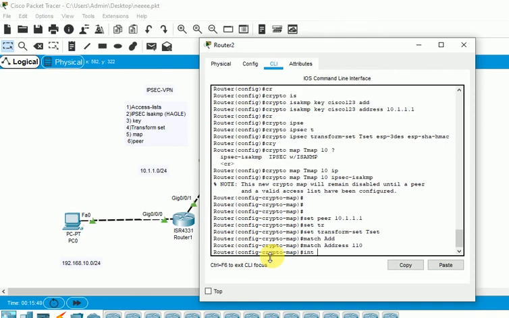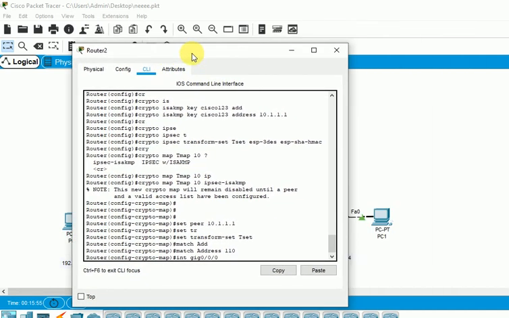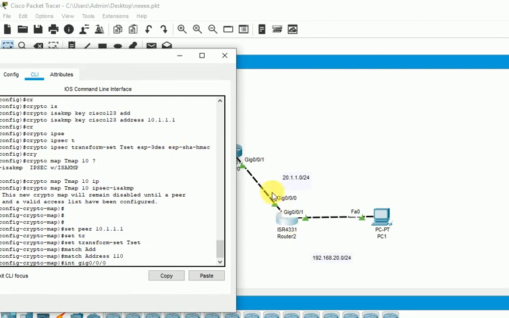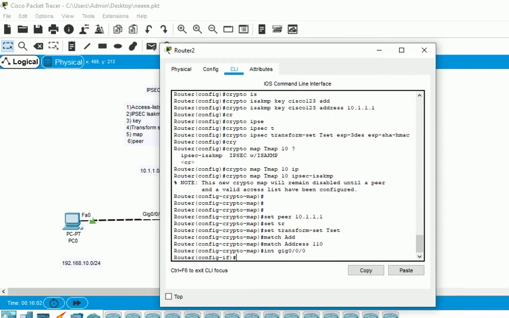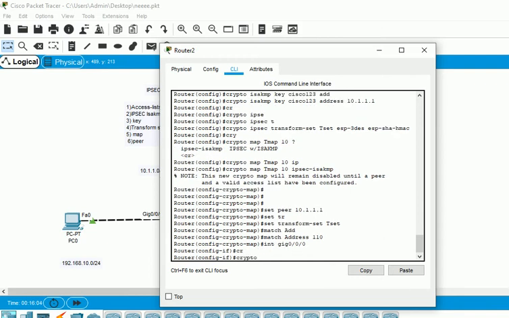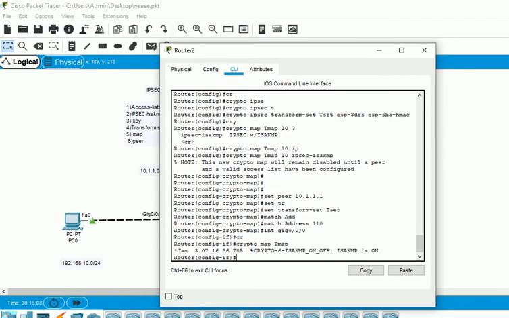Now the interface here is gigabit 0/0/0. I'll show you the outgoing interface. So this is the outgoing interface. Crypto map T map. You can see on both sides the ISAKMP is on now.